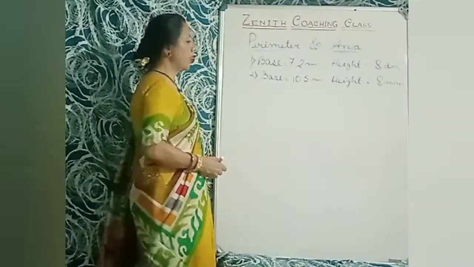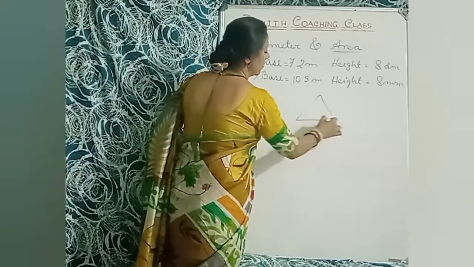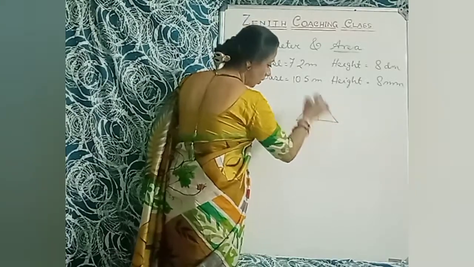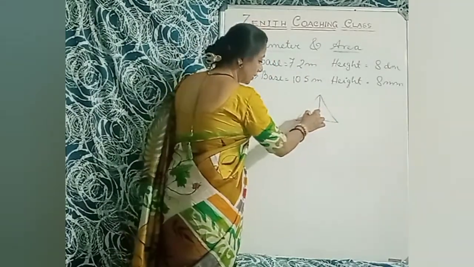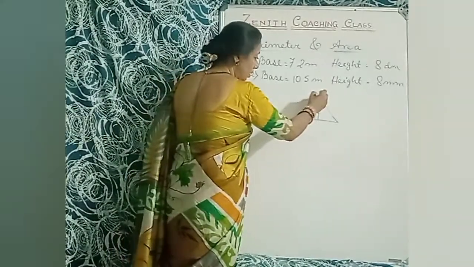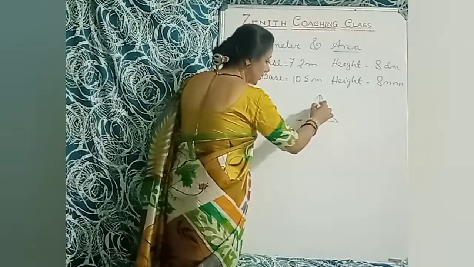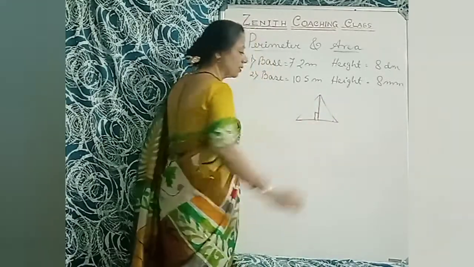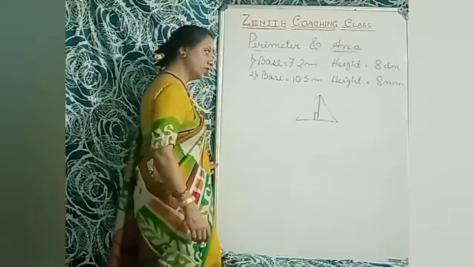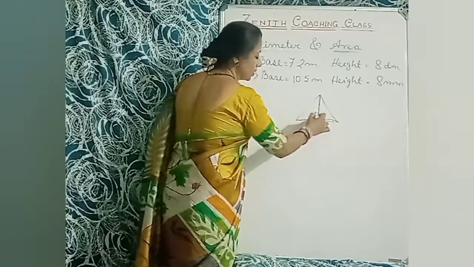In the case of a triangle, let's think it's a triangle, and it has an altitude. Altitude means here it is 90 degrees. Always remember, when from the vertex a line meets the opposite base, it makes 90 degrees. So it is the altitude. Now this is the base and this is the altitude.